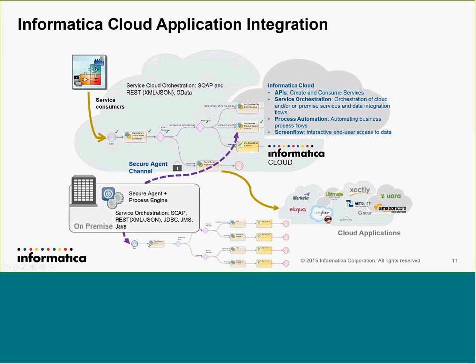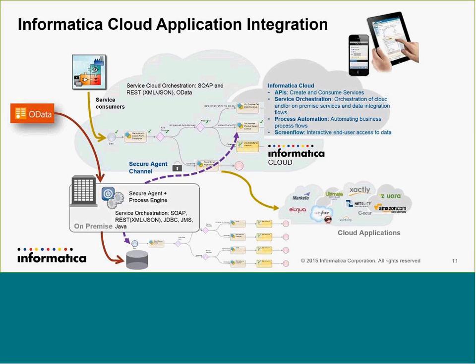And it also makes it possible to reach, through the secure agent and the process engine that is deployed on the secure agent, a variety of sources of information and services. For example, SOAP services, REST services, JDBC, JMS, AMQP, brokers, Java, and a variety of other techniques by which you can interact. And one of the things that Informatica Cloud also allows you to do is to expose this data interactively within Salesforce, but also mobile devices.